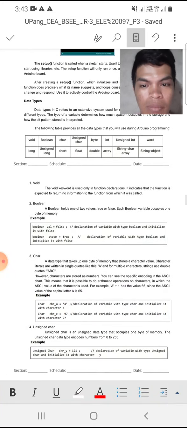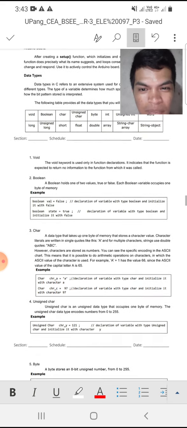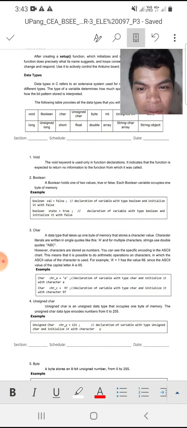Two, boolean. A boolean holds one of two values, true or false. Each boolean variable occupies 1 byte of memory. Example: boolean val = false. Declaration of a variable with type boolean and initialize it with false. Boolean state = true. Declaration of a variable with type boolean and